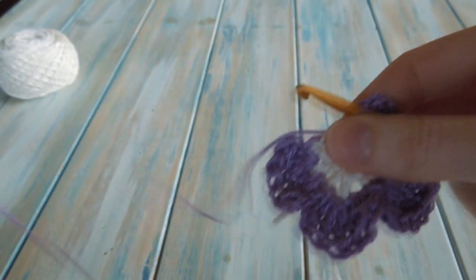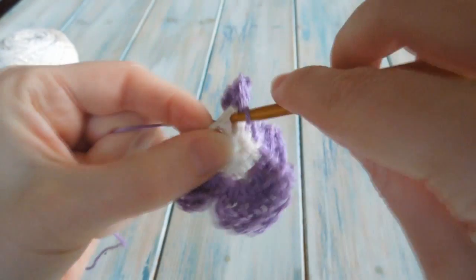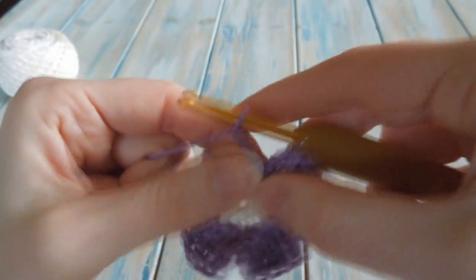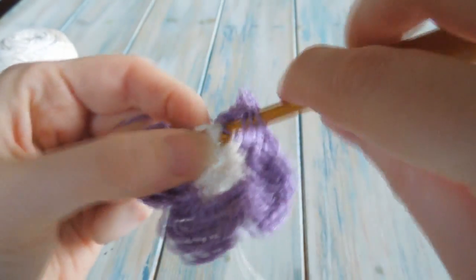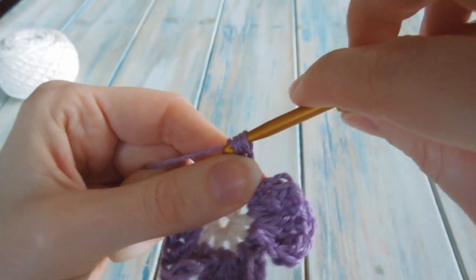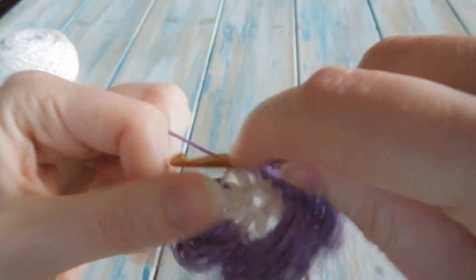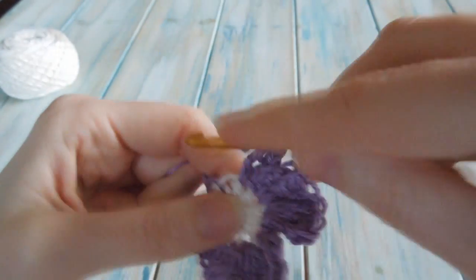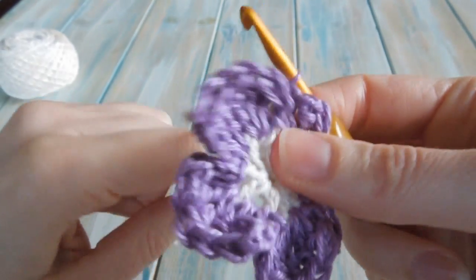Okay, and then we're on to our last petal, so you want to slip stitch in the next gap over, chain 2, 3 trebles in the same gap as the slip stitch, 3 trebles in there, 1, getting dark, running out of time, 2, 3. Then you should have sort of run out of gaps, because what we want to do is just pull